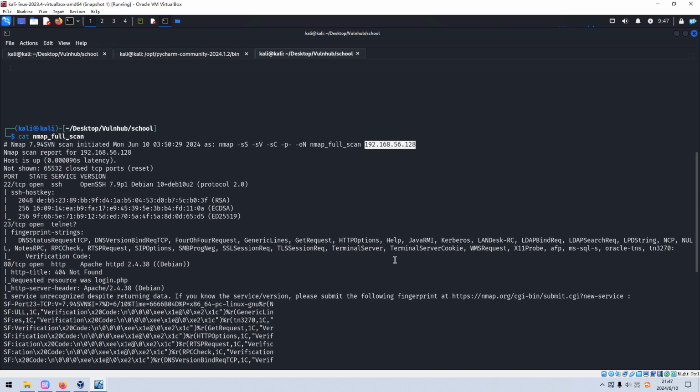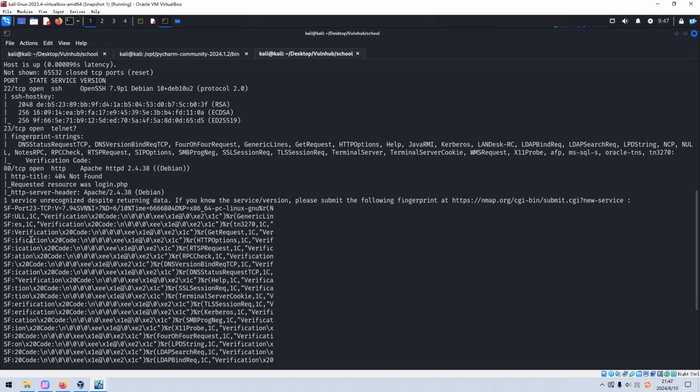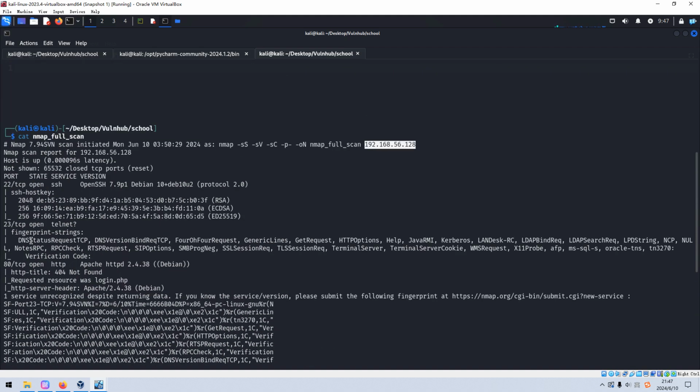From the Nmap scanning, we can tell that the target is running three services. The first one is 22, which is running the SSH or Secure Shell service, and also the version information. As we know, this version doesn't have any vulnerability. The next one, 23, usually this port number is used by the telnet service.